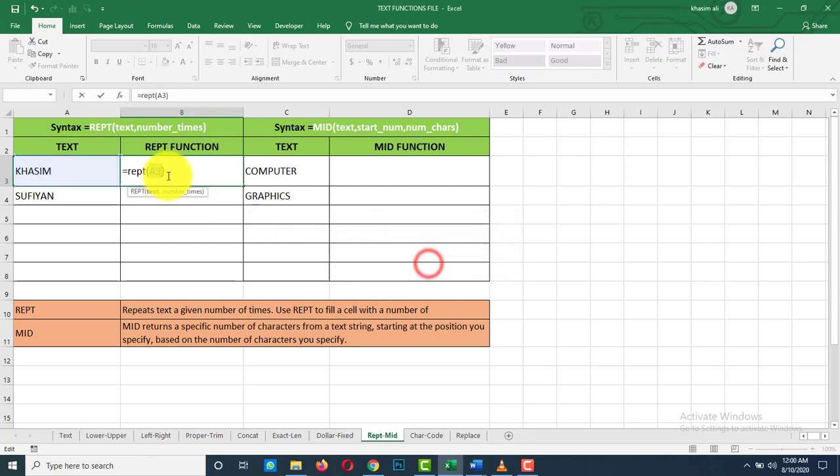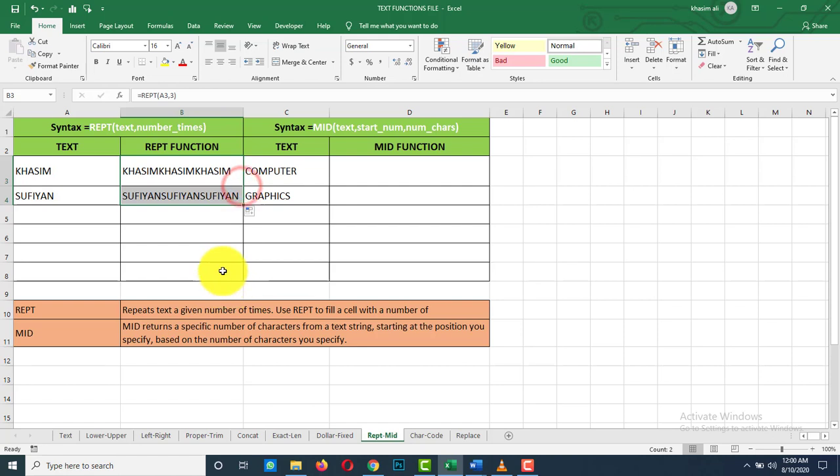If you add comma 2, it repeats 2 times. If you add 3, it repeats the text string 3 times.